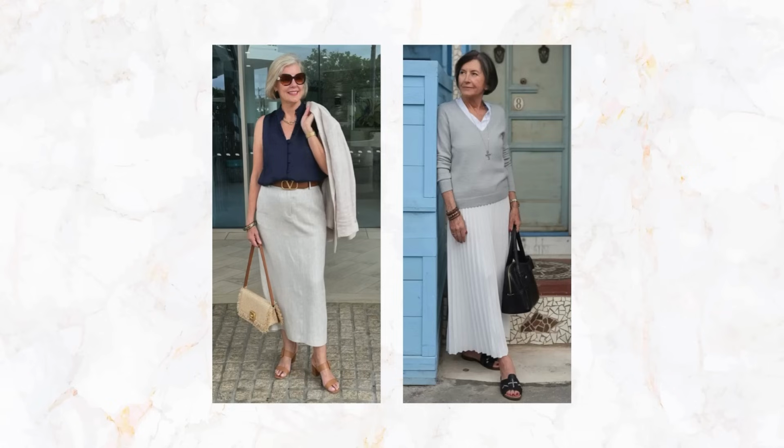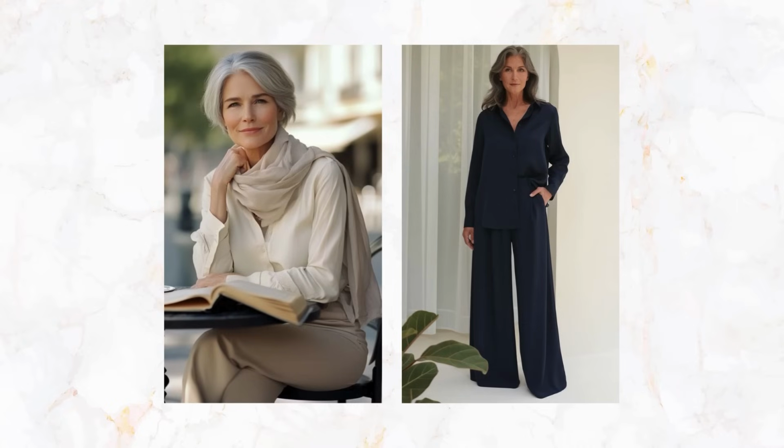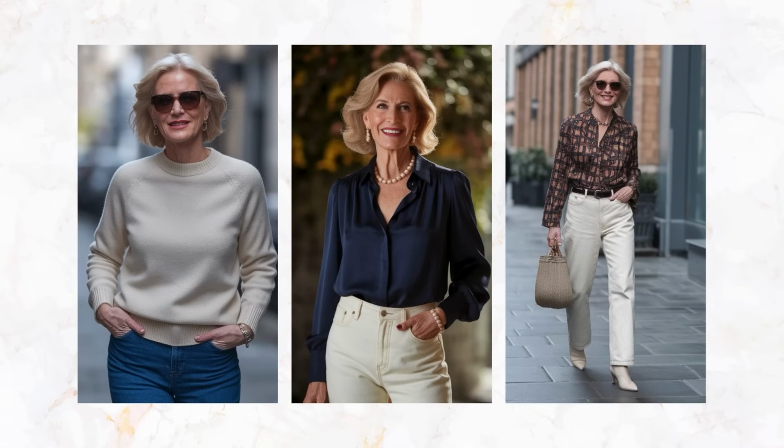If you've ever seen a woman on a Parisian street wearing all beige or all navy and thought, "How does she make that look so chic?" This is why. She's playing with tone and texture, not loud colors. What I love about this approach is that it doesn't mean giving up personality. You can still bring interest with things like texture, a cashmere sweater, a navy silk blouse, a pair of ivory jeans